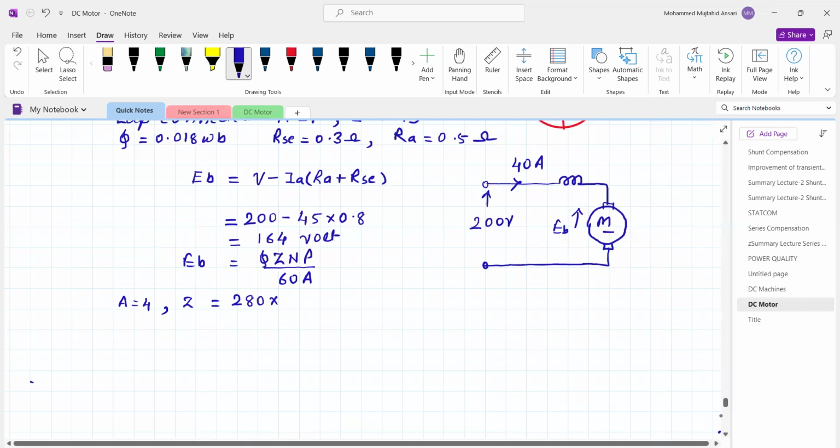And each slot carries 4 conductors. So this is the total number of conductors. If we put this value, we get the back EMF as 164. Phi is 18 milliweber, so it is 10 raised to minus 3, into the number of conductors, 280 multiplied by 4, the total number of conductors, upon 60